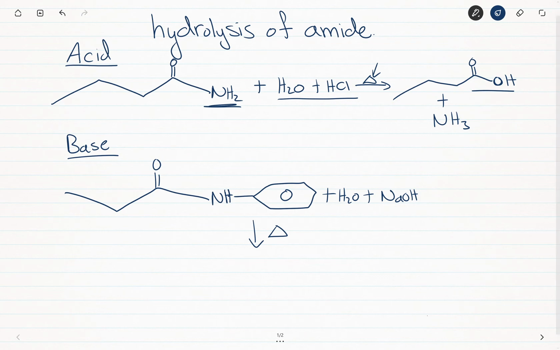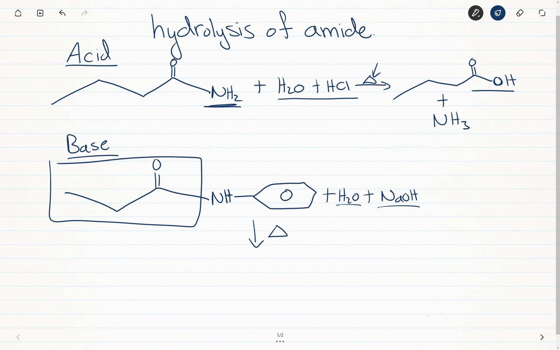So what's going to happen is you will reform this carbonyl. It'll start to reform the carboxylic acid, but the base will deprotonate it and it'll form the carboxylate. The two reagents that do this, we will need water and sodium hydroxide, some sort of base, and again, heat is used. So we form